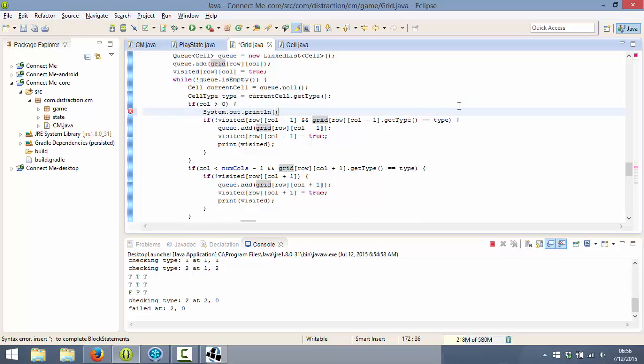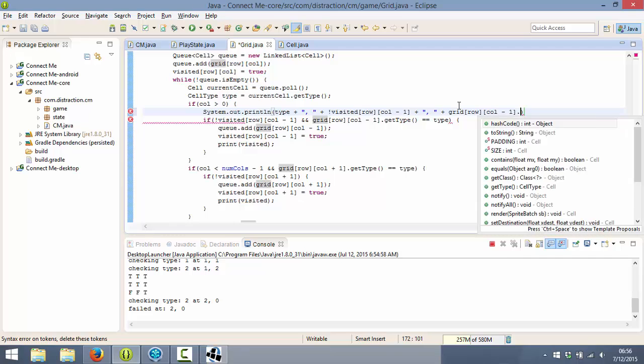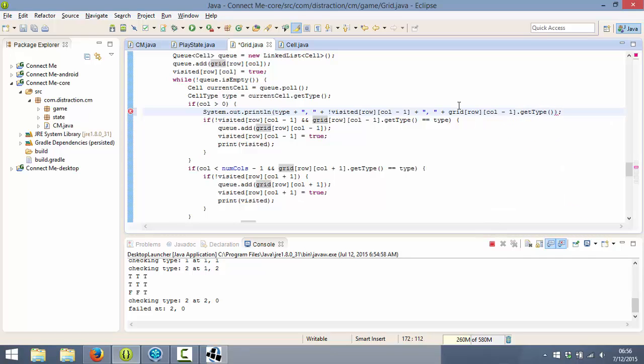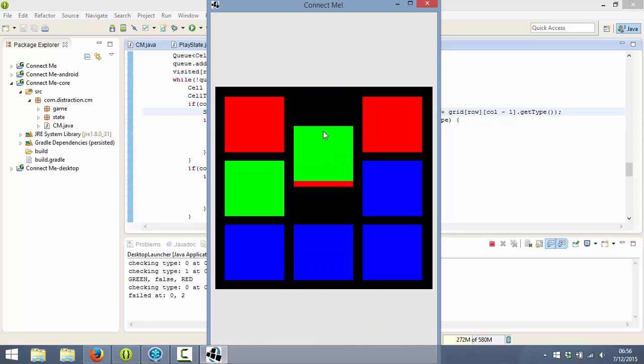System.out.println. Let's see. Type plus not visited row column -1, plus grid row column -1 dot get type. I don't know, let's just double check that one. So if I switch this and then this,